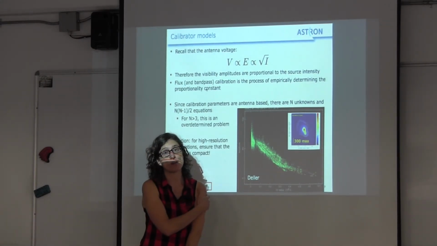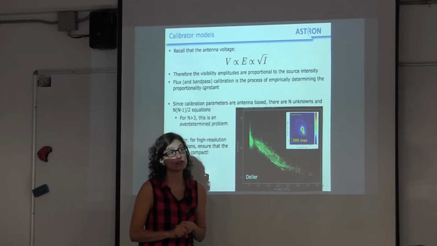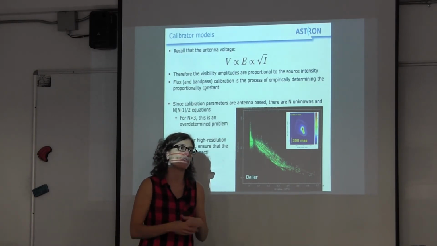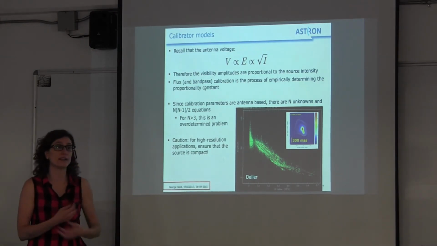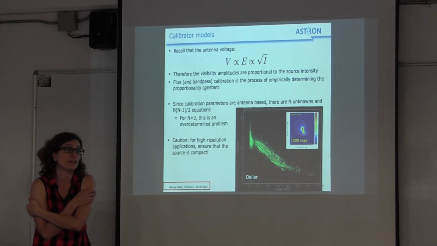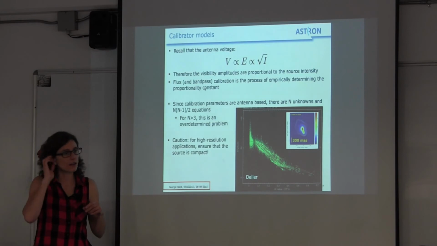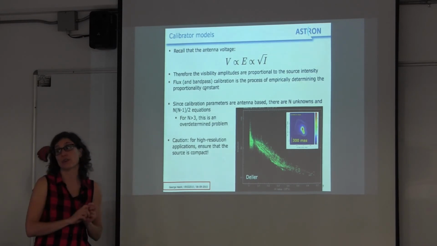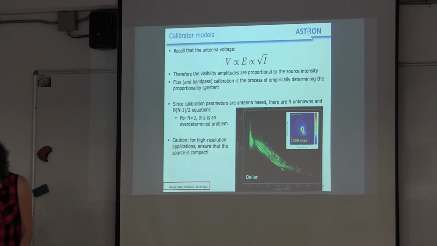This also happens for ALMA because we use planets as calibrators. So we need to have a good model of the planets in order to use it as a flux calibrator. So it's really a field of ongoing investigation, because still the models of the solar system objects are not perfect, and are not perfect either for the ALMA band. So there is a lot of work in order to improve those models for calibrating better our observations. So not everything is done. You can still come to work with ALMA